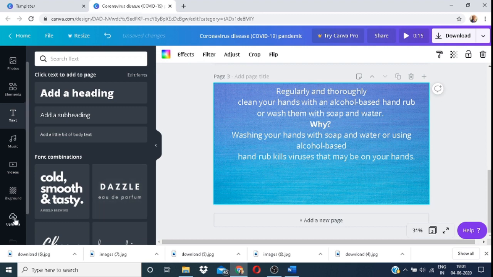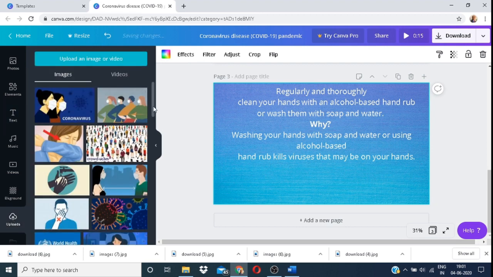To this I wish to add a picture. So it says clean your hand and wash your hand. So I have appropriate pictures ready.